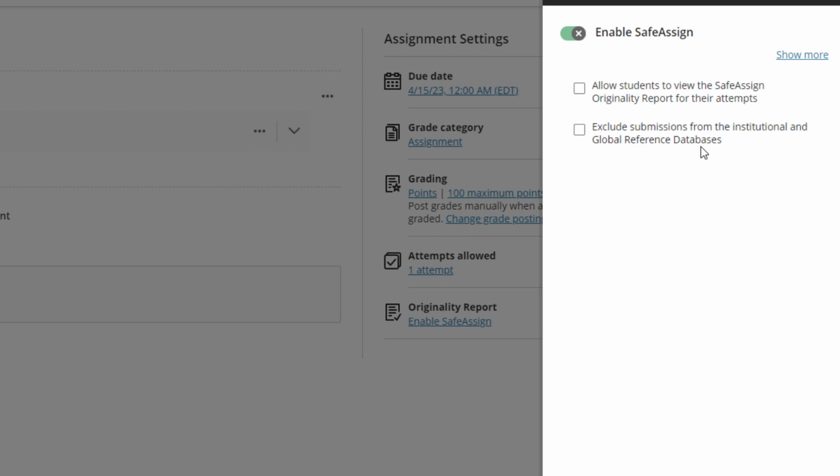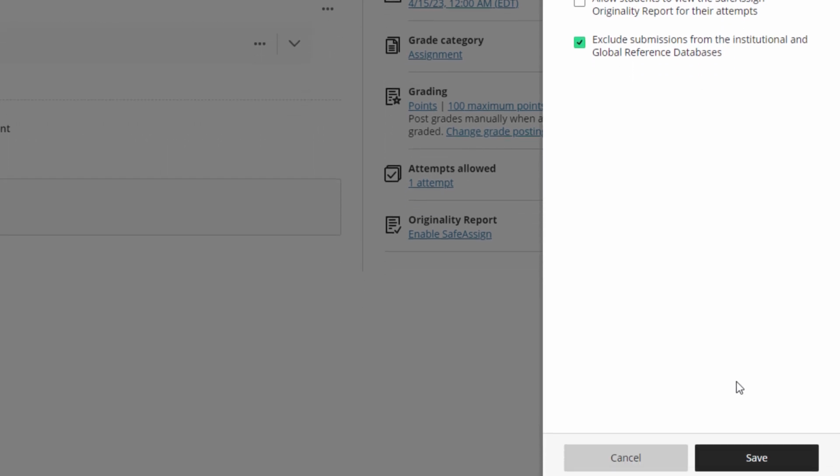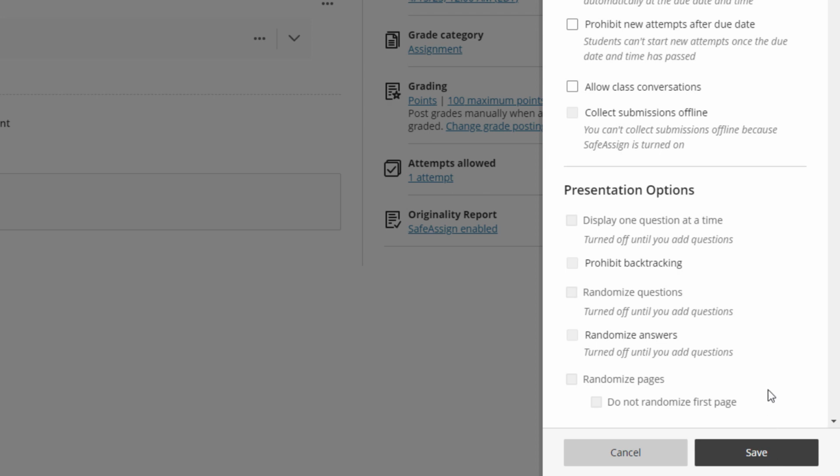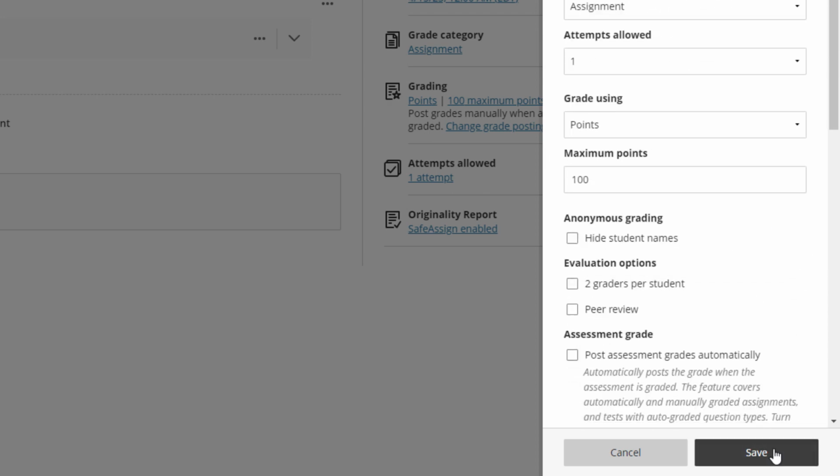So the way we get around this is we check this box on the rough draft. It still checks it for plagiarism against everything except the other students' rough drafts. And then on the final draft, you don't check it, and it'll add that final draft to the database to be checked against. So I'm going to check that because I don't like to have to create new Safe Assign things when I do these demos. Alright, so I click Save, and my assignment settings are all done,